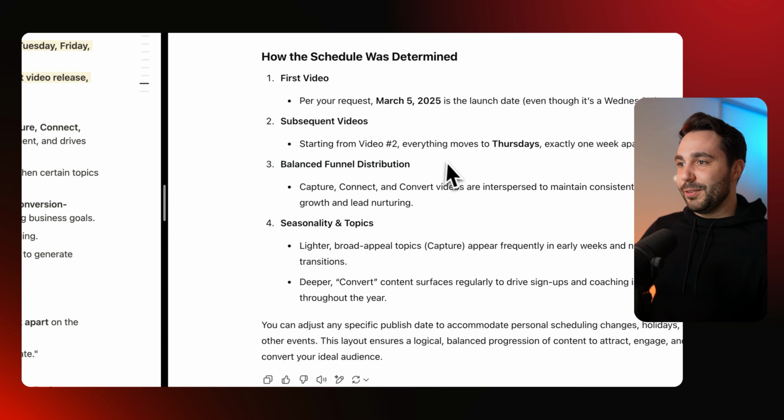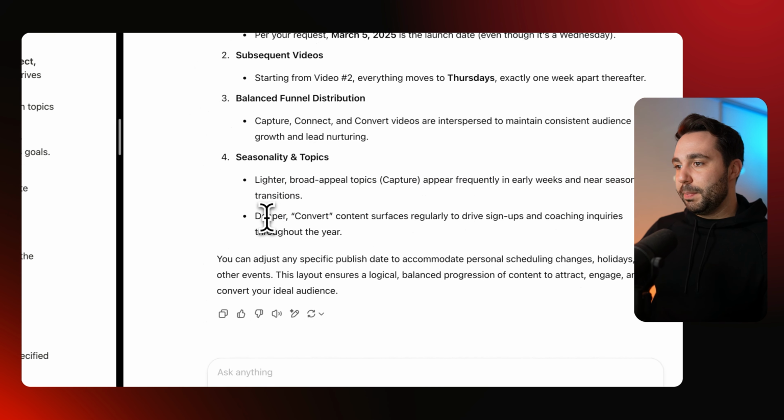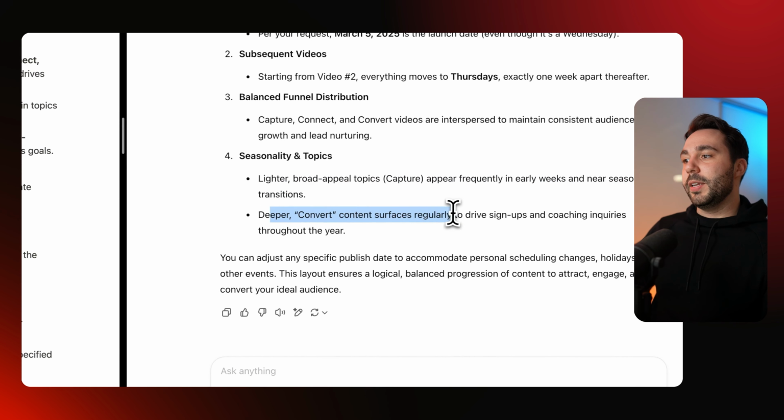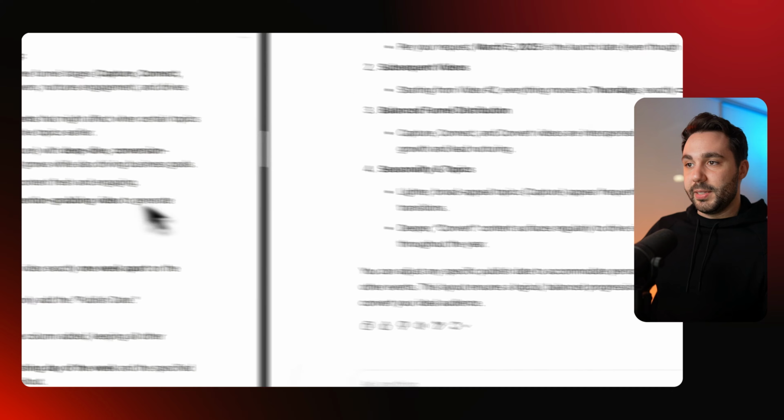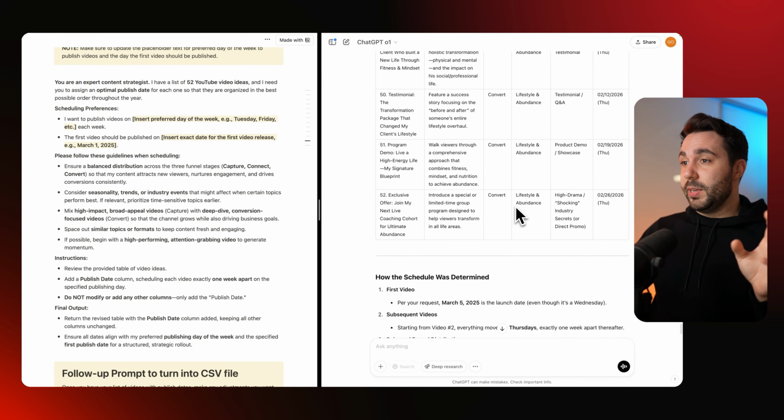We have a balanced funnel distribution from capture, connect, and convert videos. And we have some seasonality in topics. So lighter, broad appeal topics appear frequently in earlier weeks, near seasonal transitions. Deeper, more convert content surfaces regularly to drive signups and coaching inquiries throughout the year. This is amazing. Okay. So the next thing we need to do, we have a table here, but we need